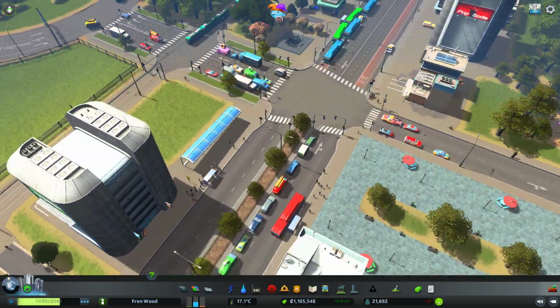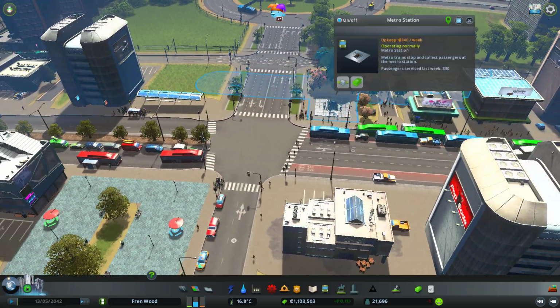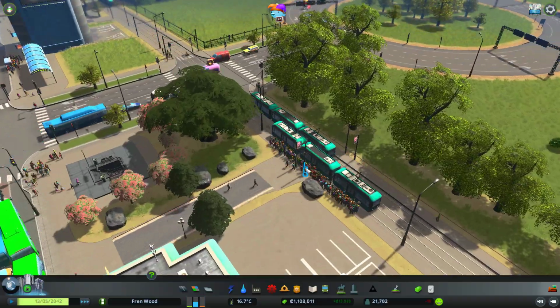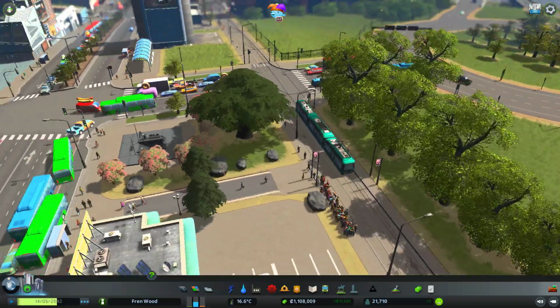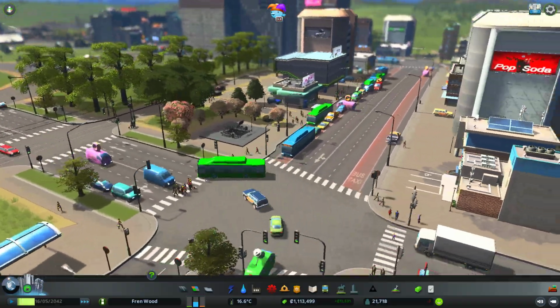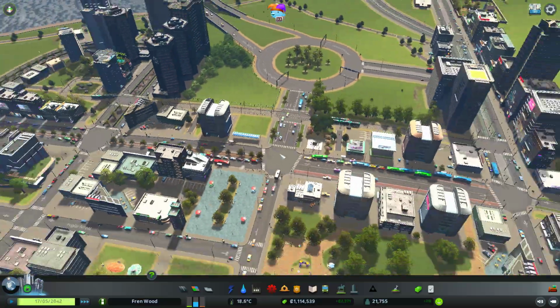Everyone's trying to merge into this lane, aren't they, to turn left. Look how many people are using this subway stop now, 330. And a lot of them grabbing the tram as well, which is awesome to see. This part of town's turned out really nicely. I'm quite fond of this bit now. It's a little bit busier than I anticipated it to be, but...